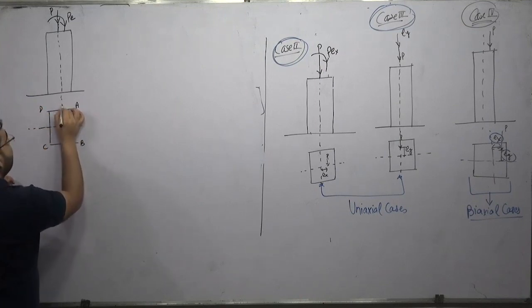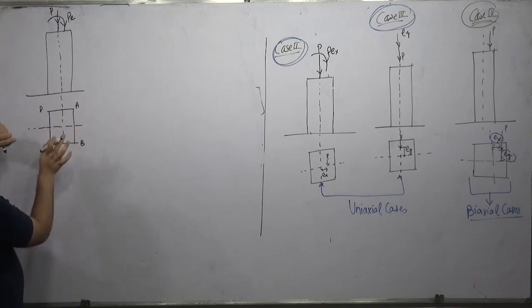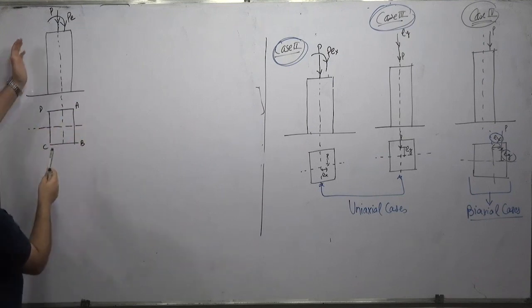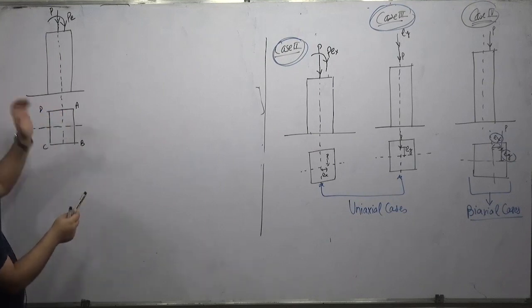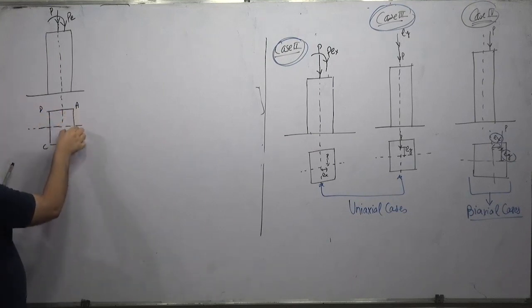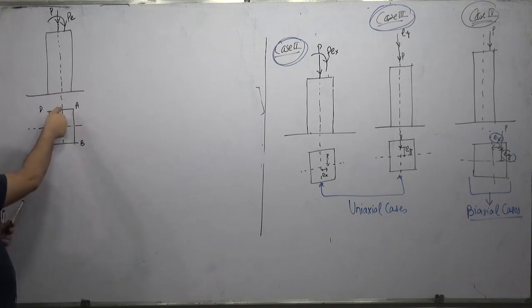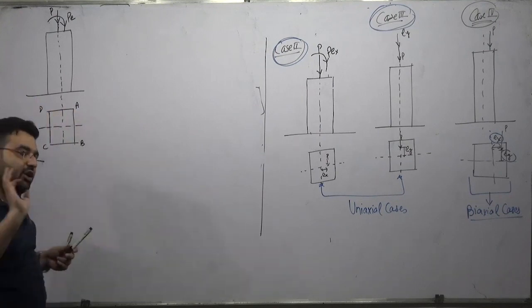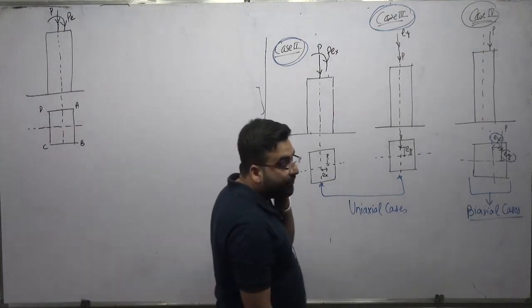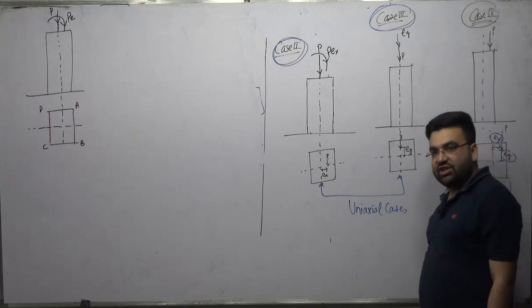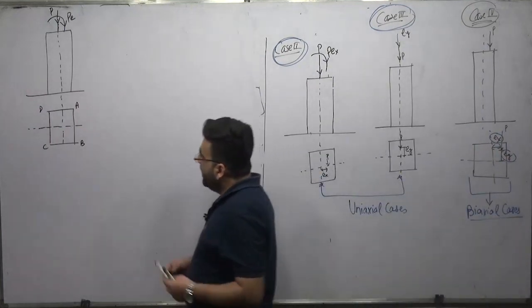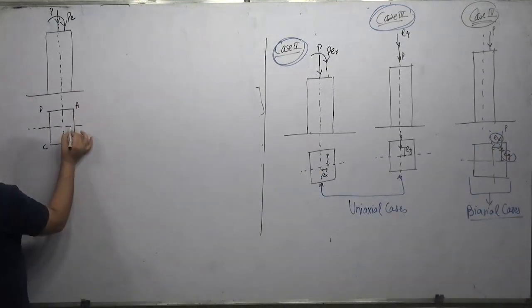Now I have transferred it with this type of moment. Now remember, the moment is clockwise, acting like this. It means that this whole face gets compressed and this whole face has tension. I'll be coming to that also, don't worry. What is compression, what is tension? How can I determine which is compression and which is tension? Don't worry. So earlier the load was acting somewhere here, but I have transferred the load to this point